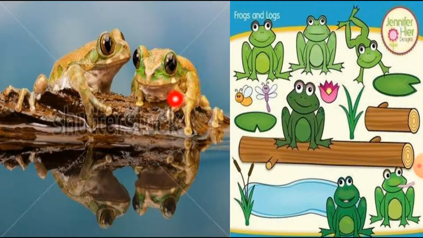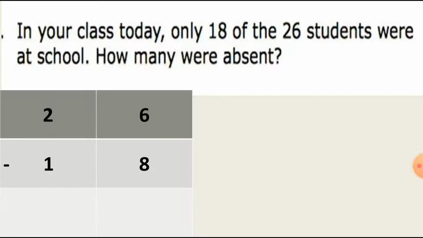So here are the frogs sitting on the log. This wooden block is called the log, and this is the block. The frogs were sitting on this type of log. This is a log. You can see through the image the frogs sitting on the log. Then next example for you.